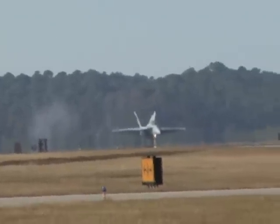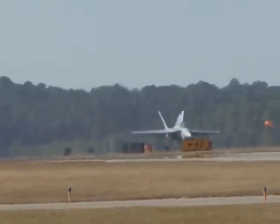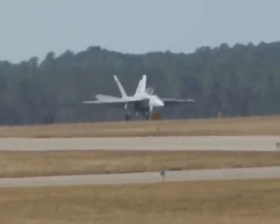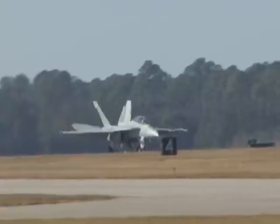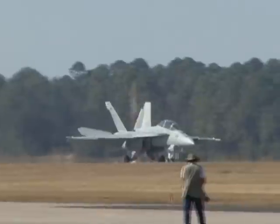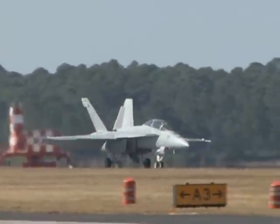On behalf of the United States Navy, I thank you for allowing Bonesaw and Rooney to demonstrate the F/A-18 Super Hornet here at Pensacola today. We also want to give a shout out to Lieutenant Tim Walsh, who is also with the demo team, and his parents are in town, and also the guy who flew in the